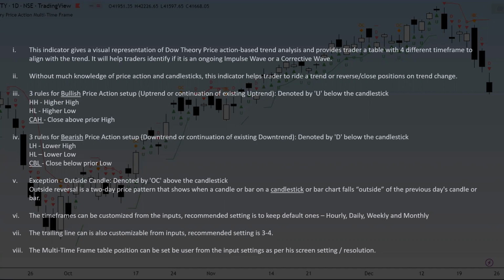Recommended setting is 3 or 4. Don't go below or above that. The multi-time frame table position can also be adjusted because some people have different desktop screen resolutions. This question always comes to me, so I need to mention this. Based upon your screen resolution, adjust the positioning of the table.